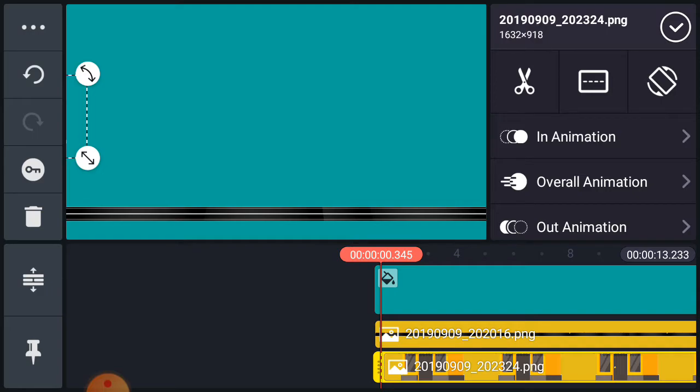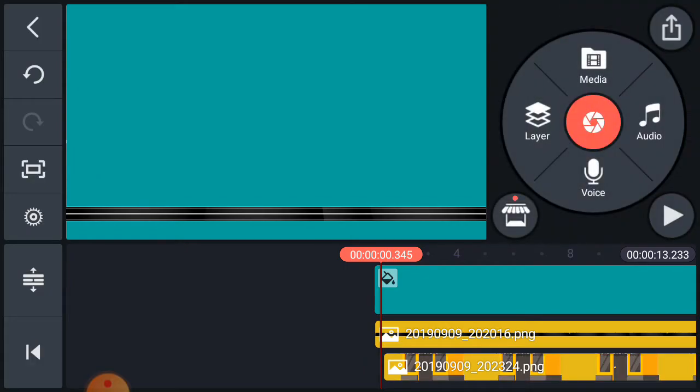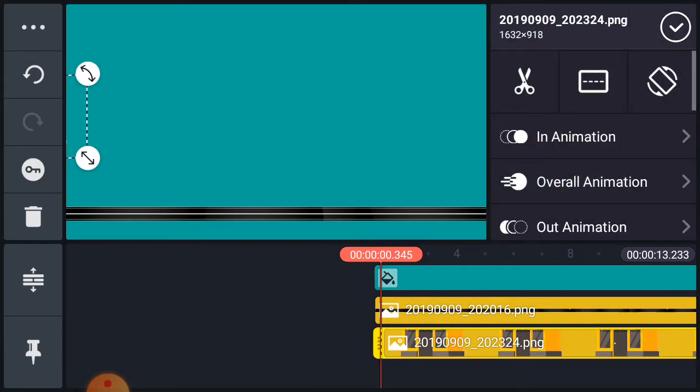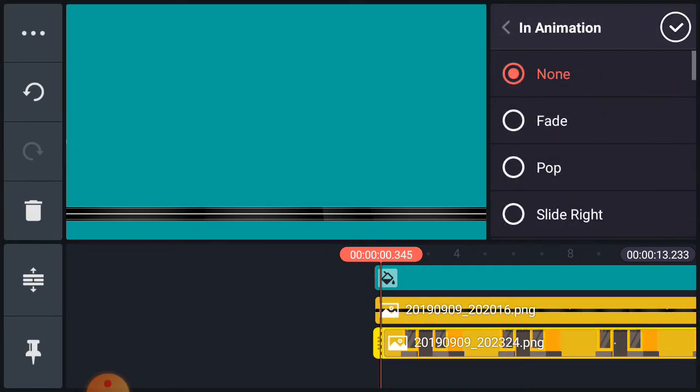After that you will find in animation on the top. Once you click, we are on the same shop layer. If you are not getting this point, I am showing you again. I'll click on the shop layer and click on in animation.